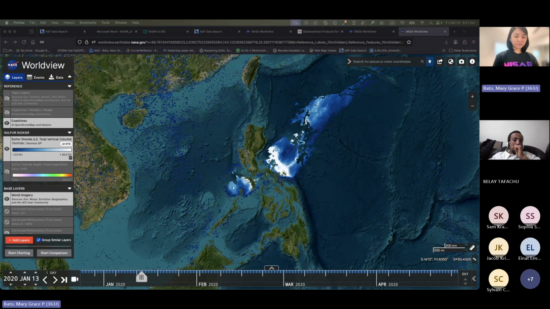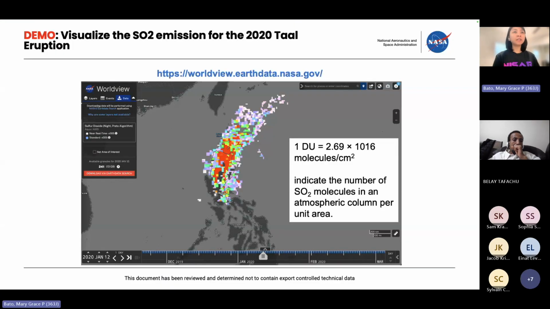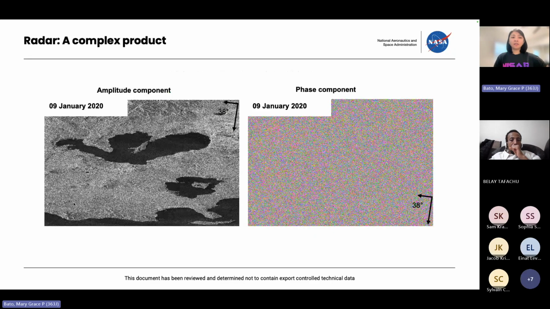Okay, so if I come back here to my slide, that's the thing that you could just use and see, and you can download those data afterwards. Depending on the data, you can use them for further analysis. So that's just an example of what you can do with optical data and how you could use it for volcano monitoring, tracking SO2 emission in space. But now I'll push towards the radar